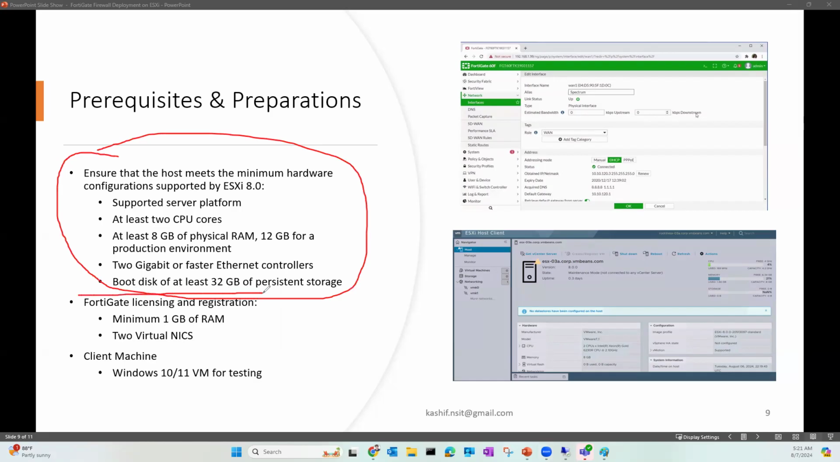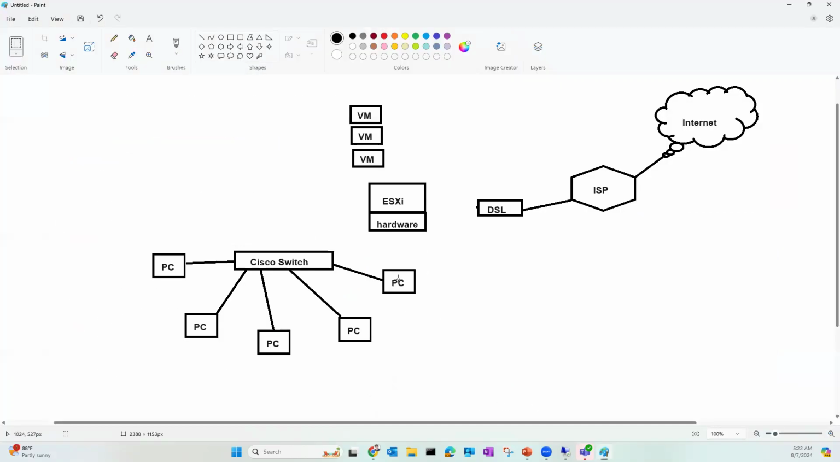What is the second requirement? You need to download the FortiGate virtual machine from the Fortinet website, and only 1 GB RAM is the minimum required, but you can change it to 2 GB RAM, depending on how many network adapters you are going to attach. As I mentioned, our lab will be very basic, so we will use only 2 virtual network adapters on the FortiGate virtual machine. And let me tell you,